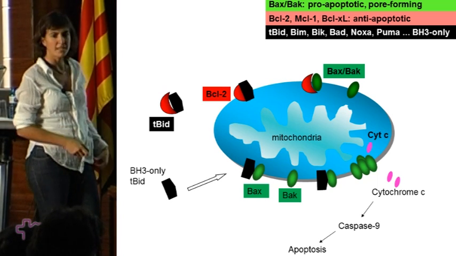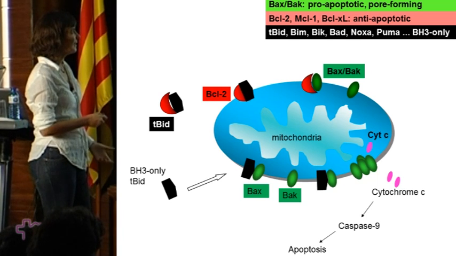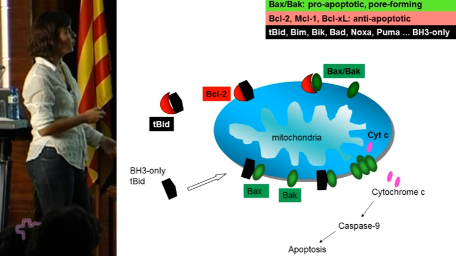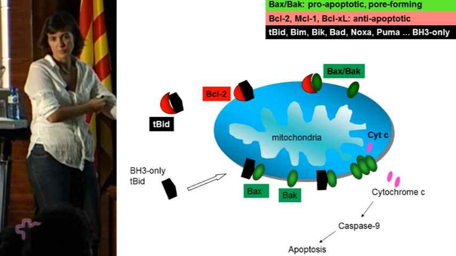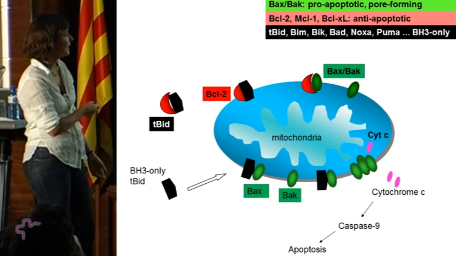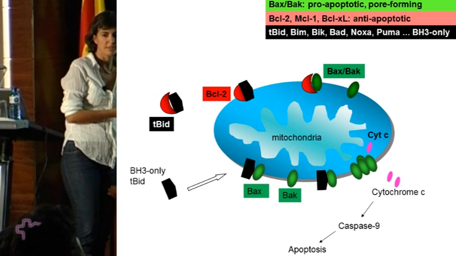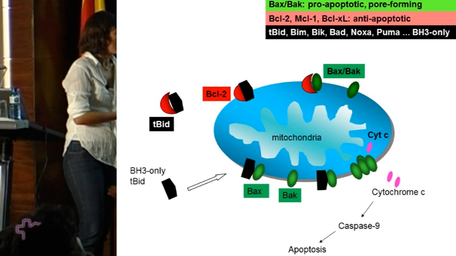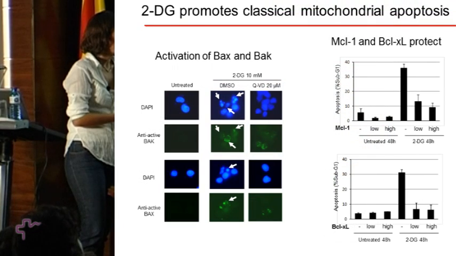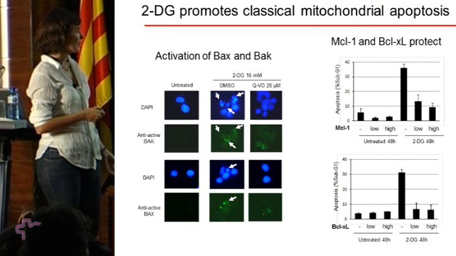are BAX and BAK, which are absolutely essential for pore formation and for cell death. The anti-apoptotic ones are BCL2, MCL1, BCL-XL, which are the most studied ones. There are more. And the BH3-only proteins are the ones that come and activate BAX and BAK and inactivate BCL2 and the anti-apoptotics. So we've studied, we made sure that this is the mitochondrial pathway by analyzing translocation of BAX